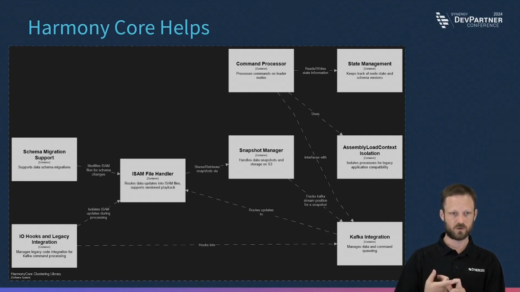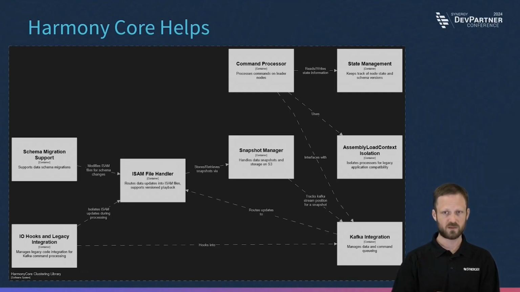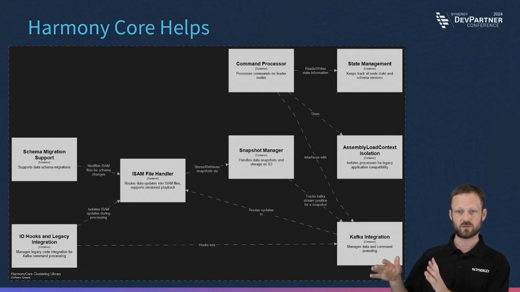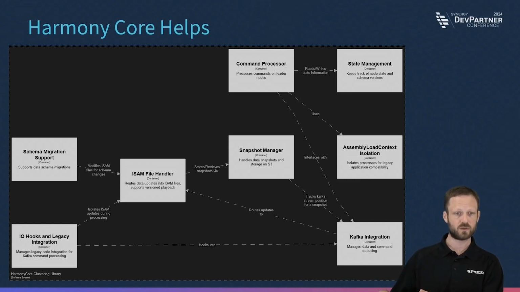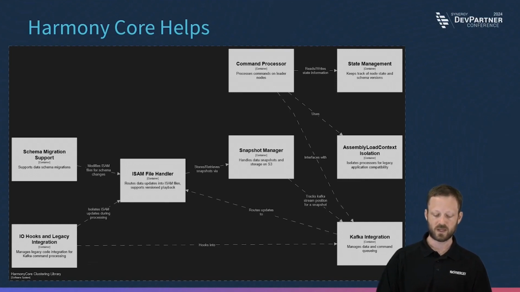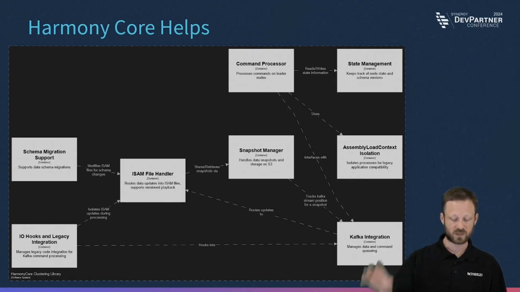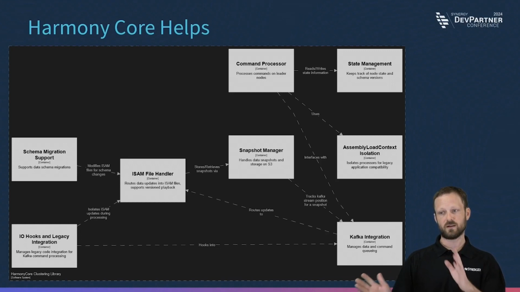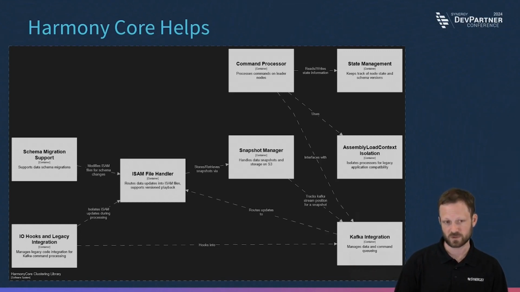I/O hooks, again, as with almost everything on this diagram, make life possible here. We can intercept reads and writes and do the transformation that you used to do in a script. We can do it live in the I/O hook. And at the same time, you can actually be running your script on the data that's local to a node. So we can support multiple schema versions at the same time.